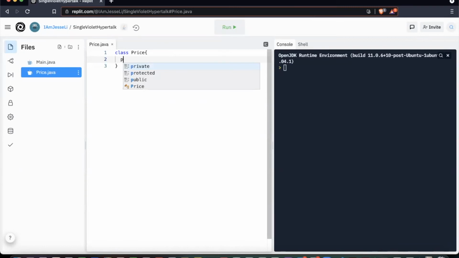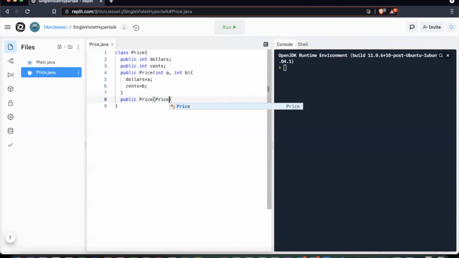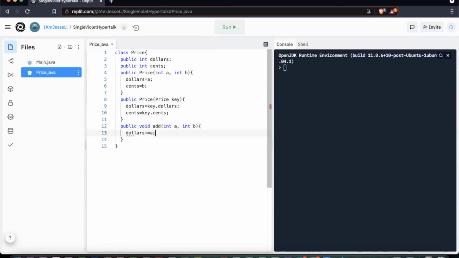Here is the solution. So first we need two public int variables, dollars and cents. And for the first constructor, two ints as parameters, and we set dollars and cents to them. And for the second constructor, we take a price as the parameter, and we copy everything over. And for the add method, we take two ints as parameters, and increase dollars by A, increase cents by B,